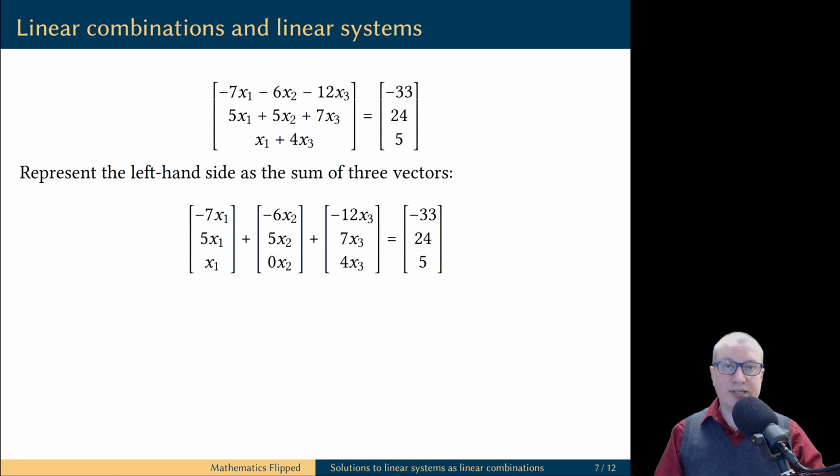I hope you noticed a pattern in how we achieved that split. In the first column vector, we collected everything that is related to variable x1. In the second column vector, we have everything that involves variable x2. And in the third column vector, we have everything that involves the variable x3. There are three variables in this linear system, and that is why we use three column vectors. So we made use of the operation of vector addition.